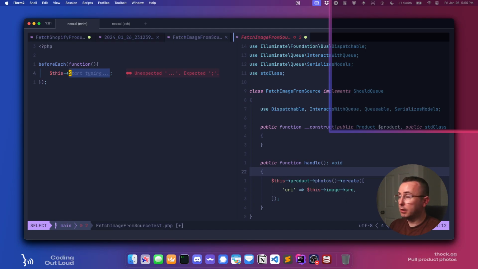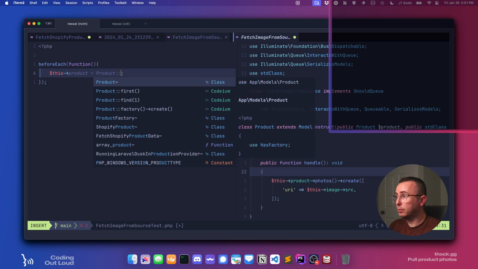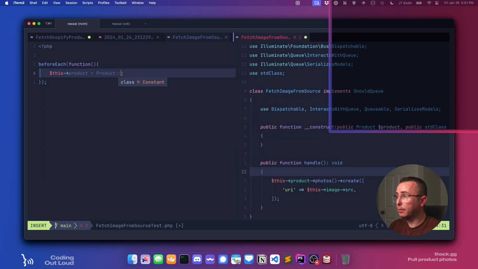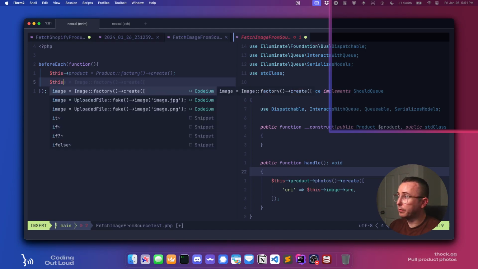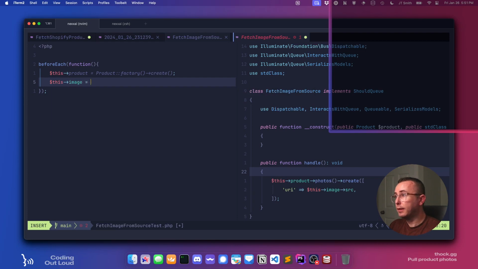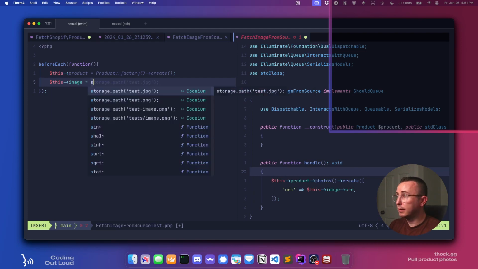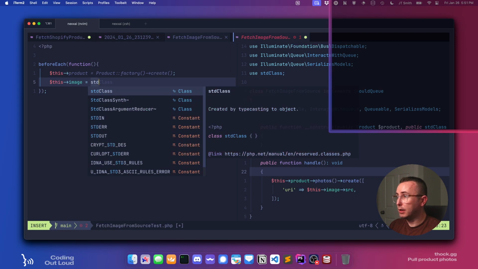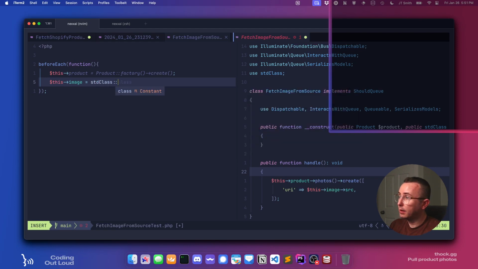We need a product. This product equals product factory create, and image is just going to be a standard class, new